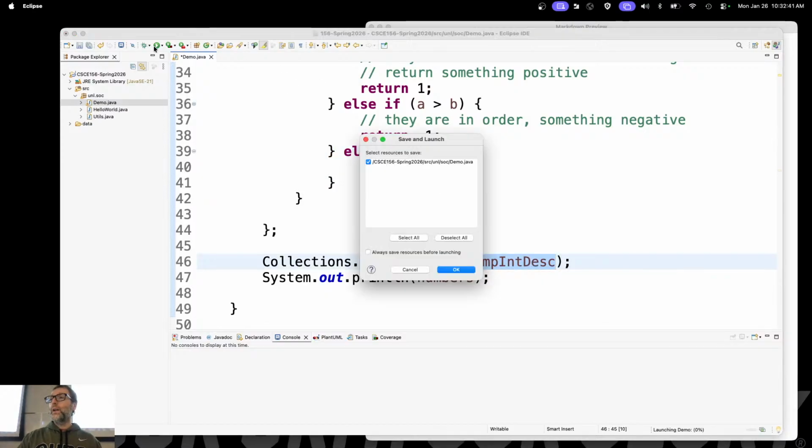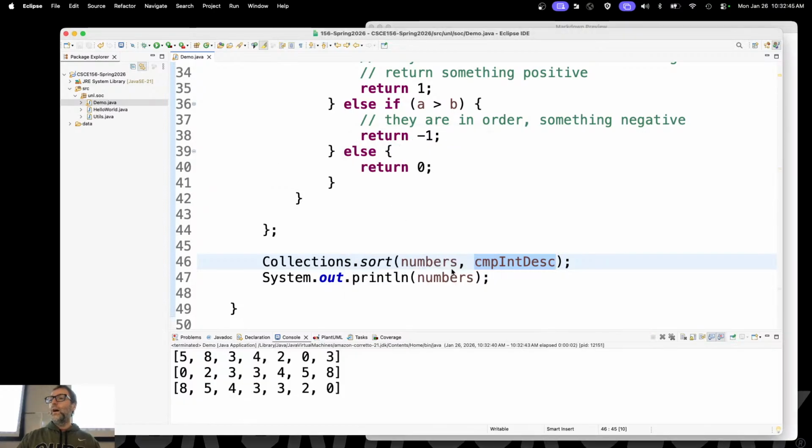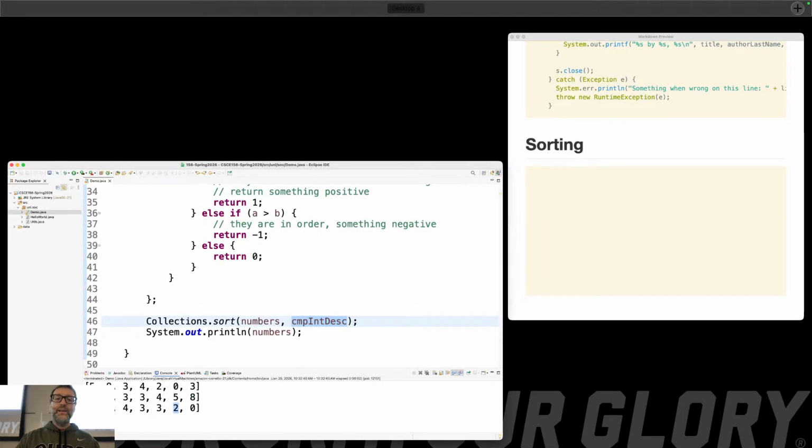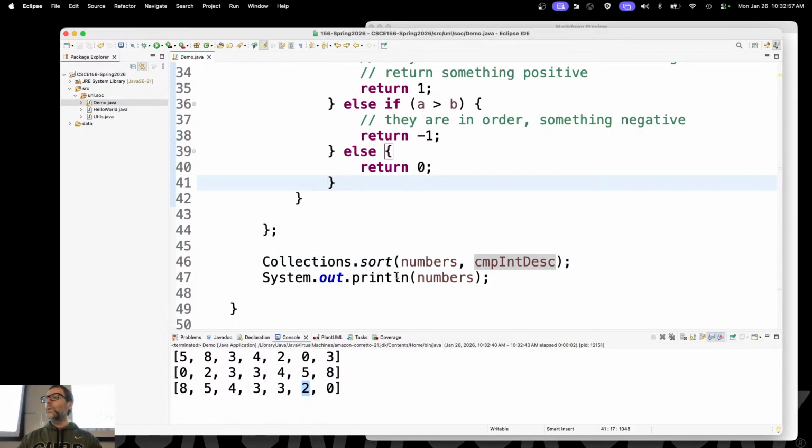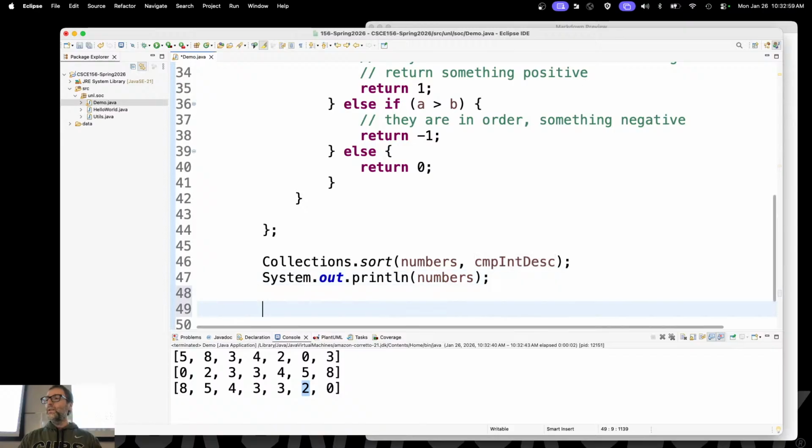And we saw this in action. Save and run. And we see that the first time that we sorted it, it's in ascending order, and the second time that we sorted it, it's in descending order. It's actually a lot simpler than that with more modern Java. What you can do is you can use the comparator class to actually do a lot of the work for